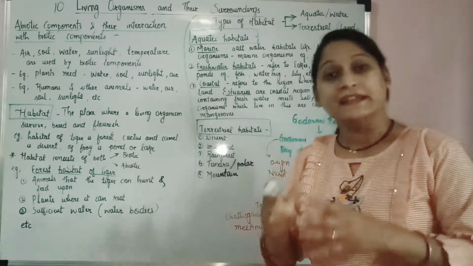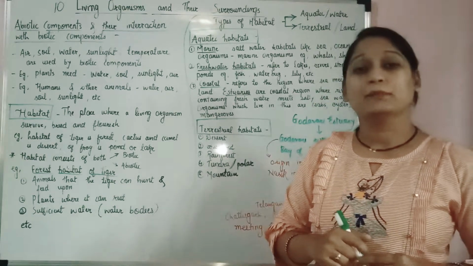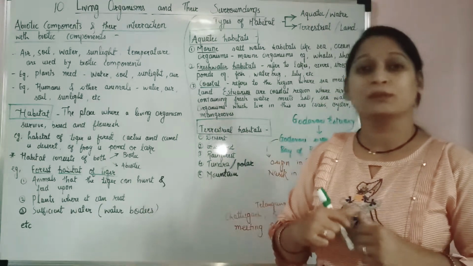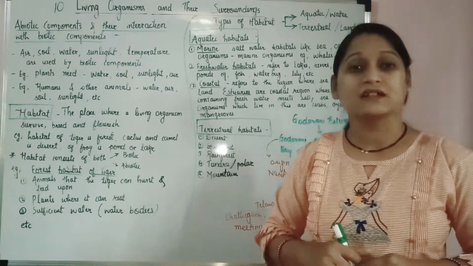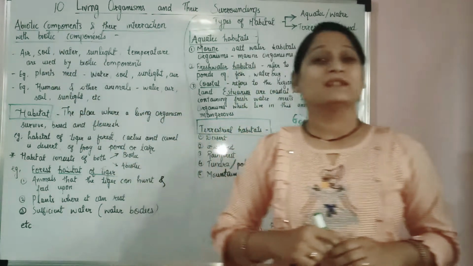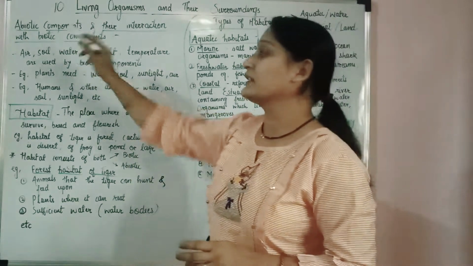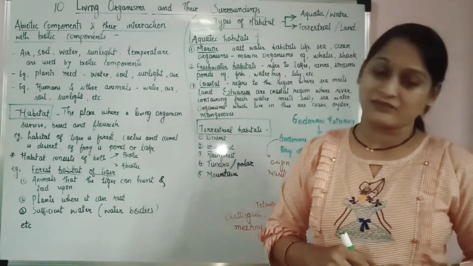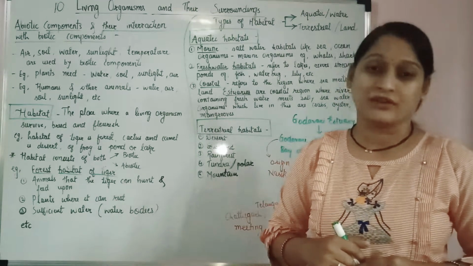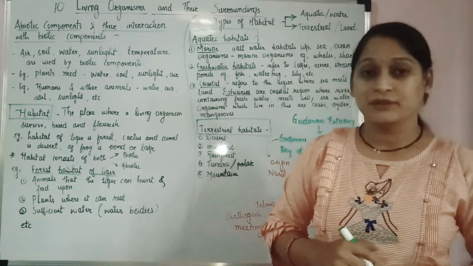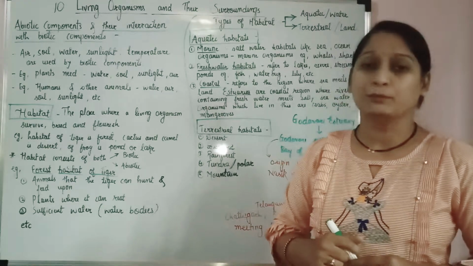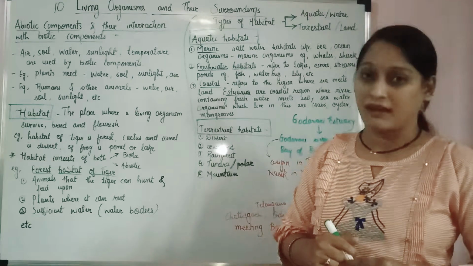These are needed for what? They are needed by the biotic components like the plants and the animals, like we human beings also require these abiotic components for survival. Okay. So for example, why are the plants using these abiotic components for survival? Plants require air because air contains carbon dioxide, and this carbon dioxide is essential for the photosynthesis process, that is the food preparation process in the plants.